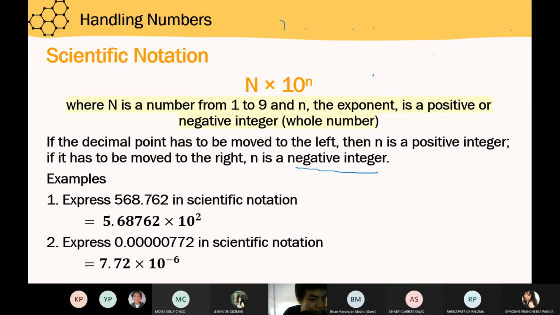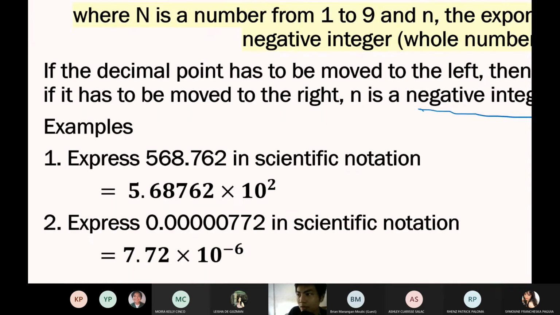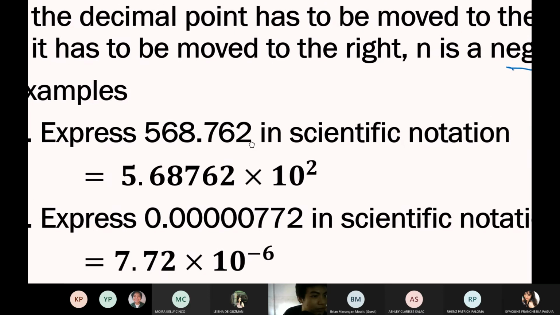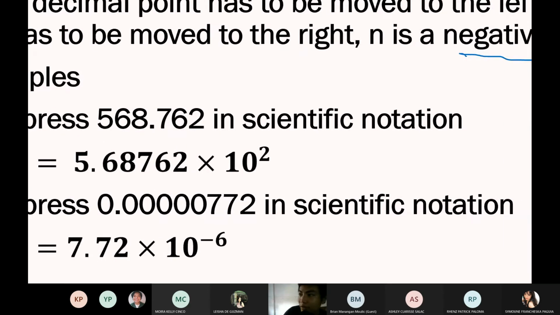For example, let me zoom in. We are asked to express this number in scientific notation. Oh, I can't write while zoomed in. Anyway, the idea here is this. This is the decimal point. You have two options: where do you move it, to the left or to the right? What is needed is that the resulting number after moving the decimal point is between 1 to 9. So if I move my decimal point to the right, that is really not allowed, because my integer will become even larger. So it must be only 1 to 9, so this decimal point must be